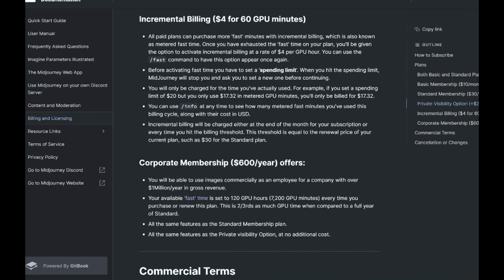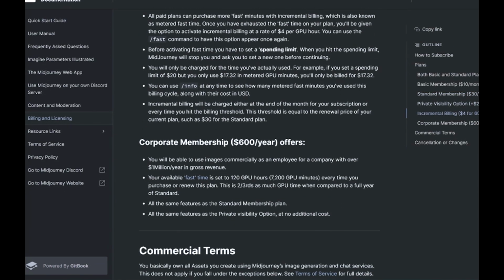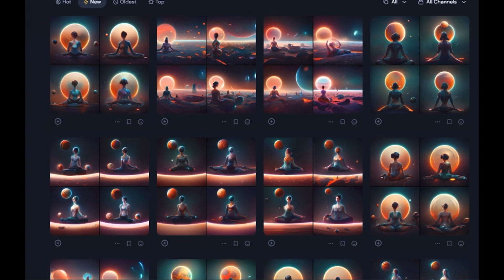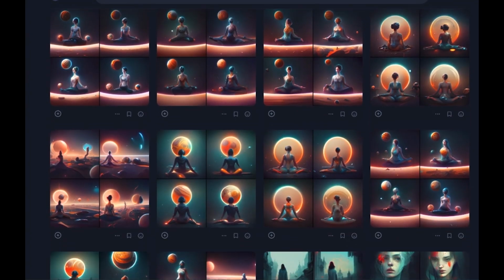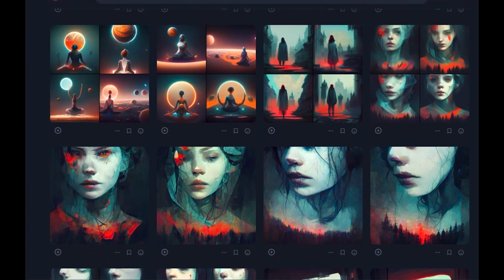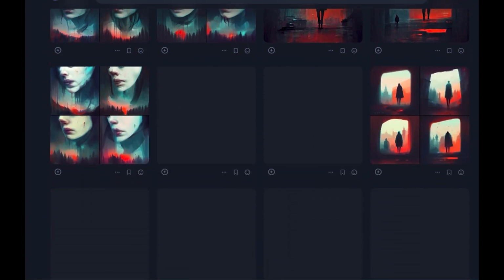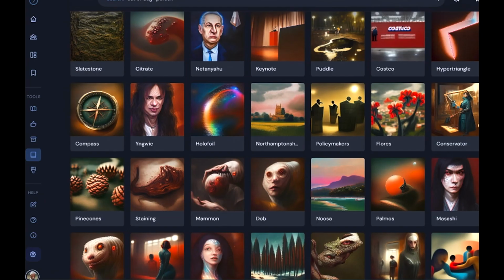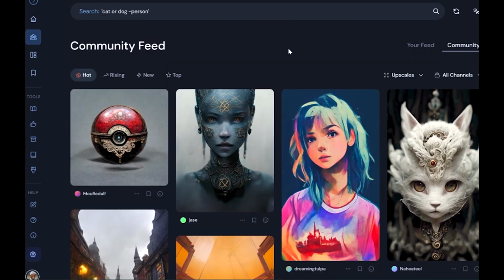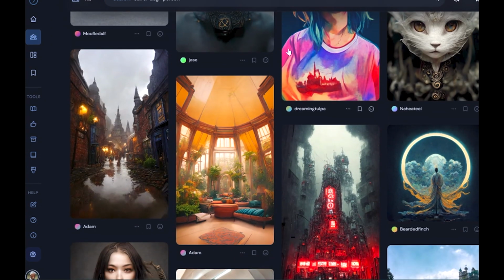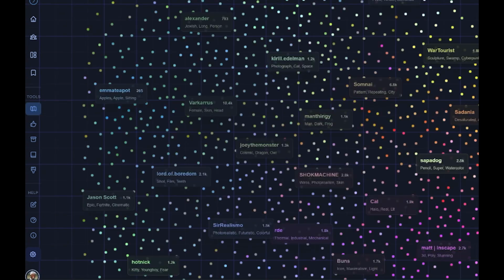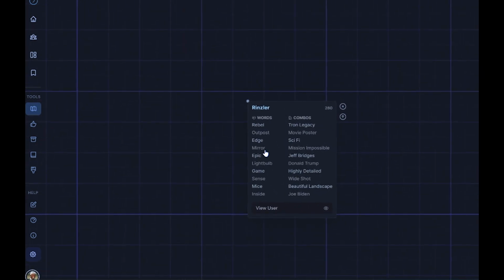What's also really good is that once you've signed up, you're able to see everything that you've created in your profile. So instead of having to scroll through the whole server to find your images, you just go to your profile and then you can find them generated there. You're also able to view different styles and other users' artwork as well, just to inspire you even further. It even lets you see what words and prompts they used. So you can also go under the Maps tab and find different users and see what words and prompts they used as well. And that's it.